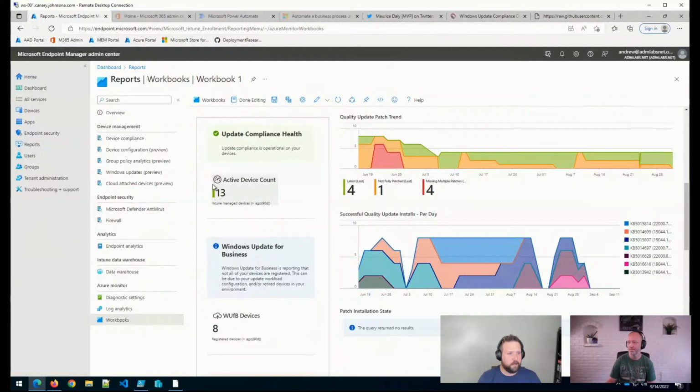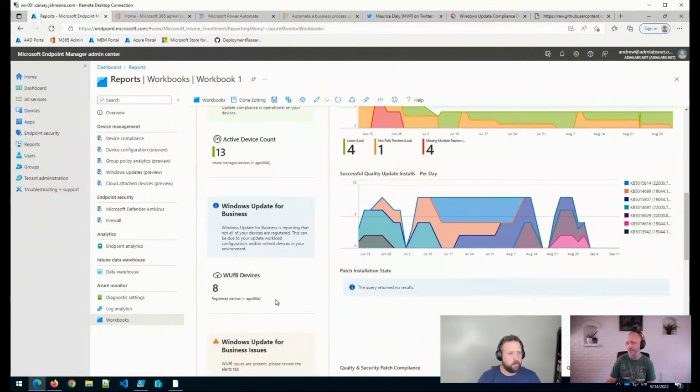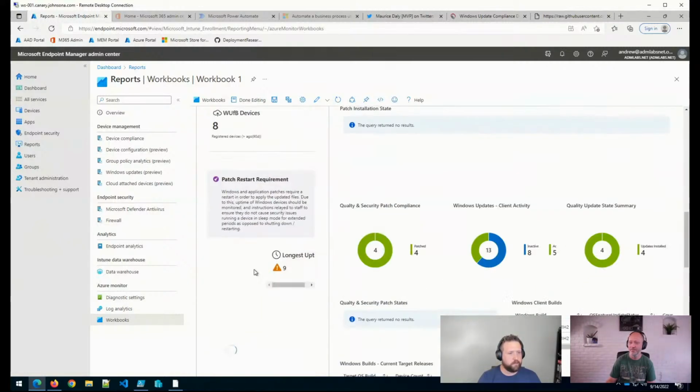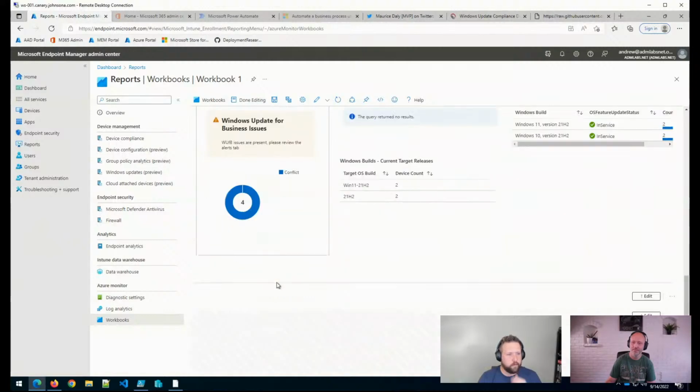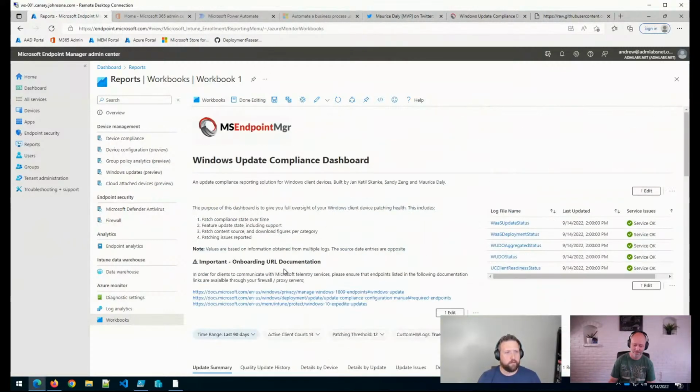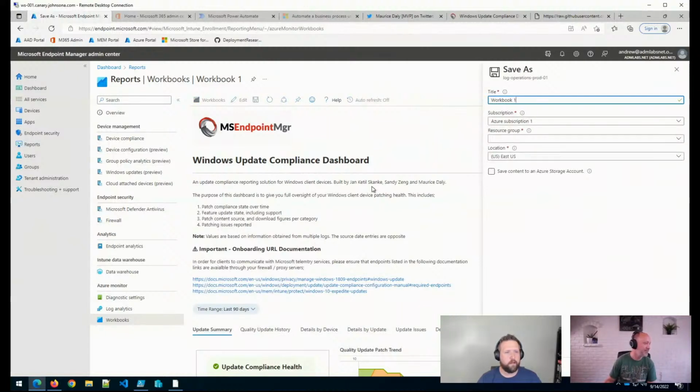But pretty cool stuff. I like the active device count, Windows Update for Business devices, issues in our environment, devices that need reboots, it looks like. So some pretty good stuff, additional data points and just another way to visualize what's going on with update compliance in your environment. That is pretty cool. Go ahead and save that. And then